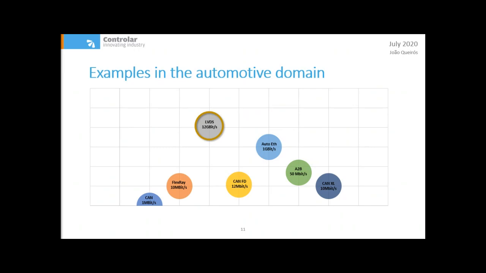LVDS, more commonly used for video transmission, has had several iterations over the past years. One of the more recent ones introduced APIX3, with speeds up to 12 gigabit per second over dual differential pairs. It supports only one master device and one slave device on each bus stretch. APIX3 can transfer high-definition video and can even have a full duplex Ethernet connection over the same pairs.